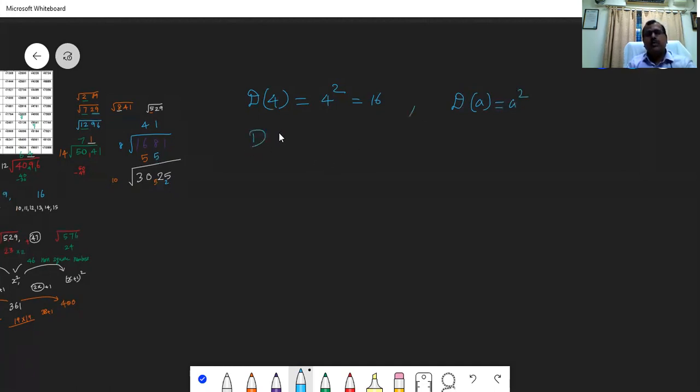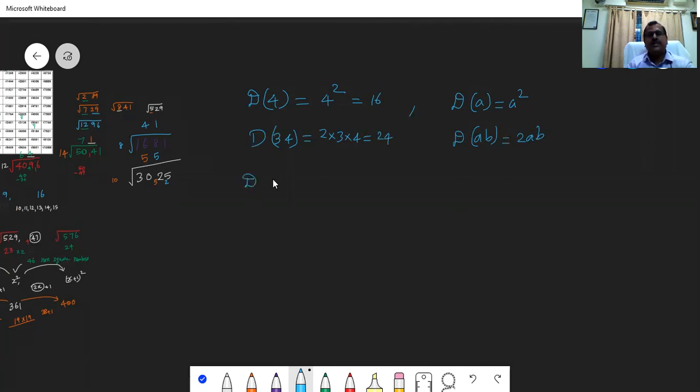When two digits are given, suppose 3, 4, how to find D of 3, 4? Not 34 square. This is a special operation. Please listen to how to do it. Suppose two letters are given, AB. The formula for AB is 2AB. You have to multiply A and B and multiply by 2. That is your technique. 3 4s are 12, into 2, 24. That is your answer, Dvandva Yoga for two digits.